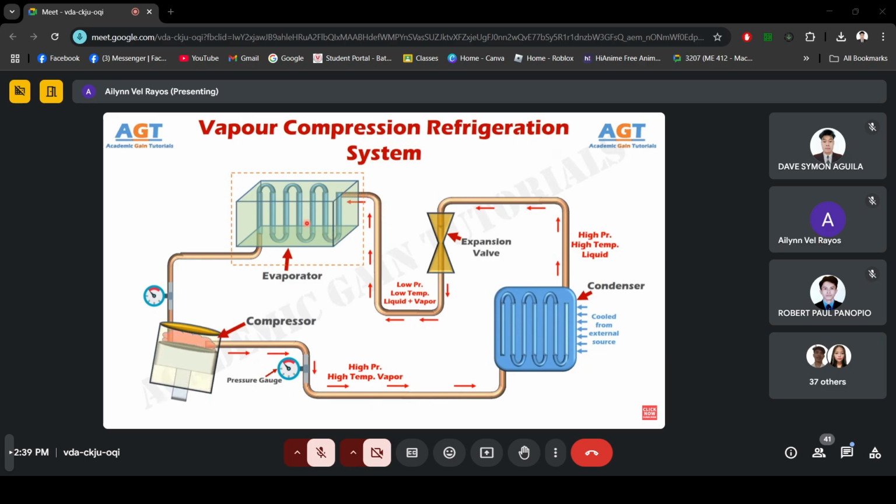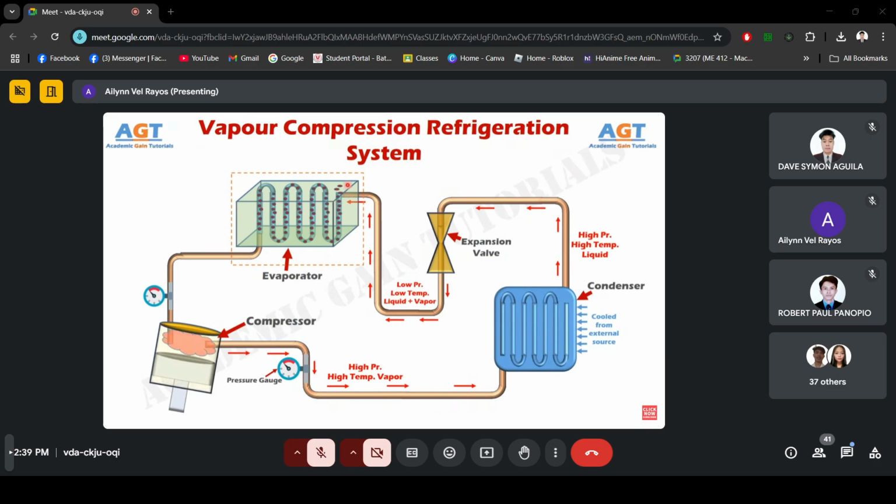We all know that the main cooling effect or refrigeration effect always occurs in the evaporator. So, when this low pressure, very cold, chilled, low temperature liquid refrigerant enters the evaporator coils, it will absorb all the heat present on the surface of the evaporator coils. By absorbing all the heat from the surrounding region of the evaporator coils, this cold chilled liquid refrigerant will completely